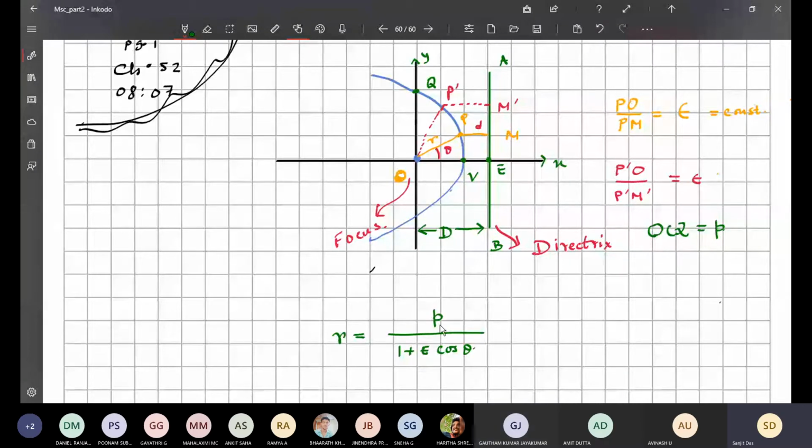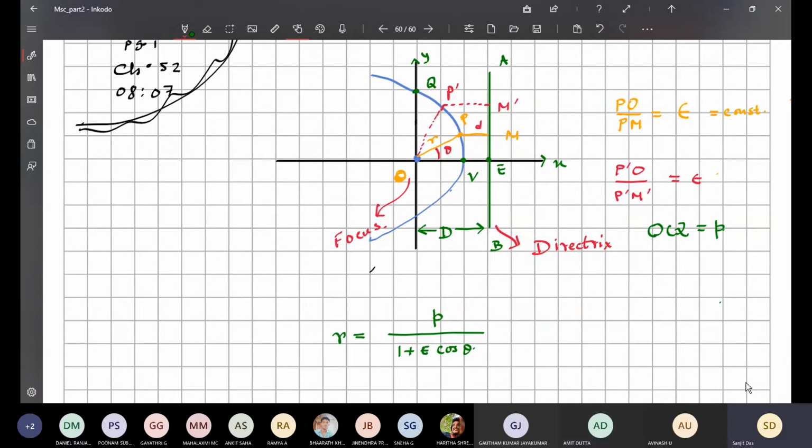I am not proving this fact. You have to go and look back in your +2 level book. That will be given very clearly there, whatever book you have read. Otherwise, I will tell you to read Thomas Finney. Thomas Finney is a very standard book. Our BTech students used to read it, analytical geometry and calculus, I think. So I think you can get it there. Whatever book you have read in your plus 2 level, it must be there. Or if you are in NCERT, you have done it in CBSE, then you can look into those good books also. Is the notation clear now?